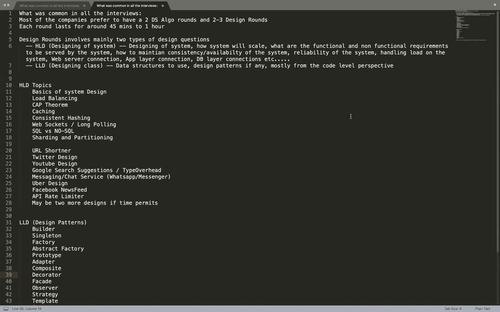But consider a scenario of Instagram or Facebook feed, where you have posted something. Although that post is not available to your friend within a few milliseconds, eventually it will be available. But your friend should be able to see the rest of your posts or feeds. So that is known as availability, whether the system is available or not. Even if the system is not consistent, it is available so that your friend can see other feeds, and eventually it will be consistent, because they'll be able to see the post which you have added recently. So that is the difference between consistency and availability.